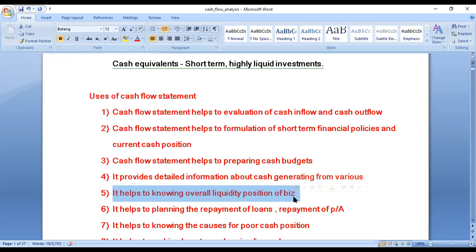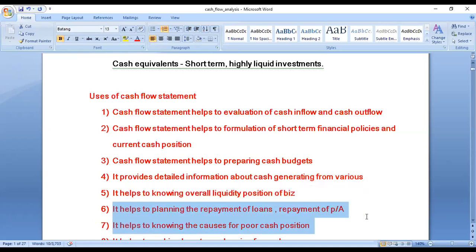So what is the liquidity position of the organization? It means how many resources are available in the organization that can easily be converted into cash. Then, with the help of the cash flow statement, it helps in planning the repayment of loans or repayment of fixed assets. On the basis of the availability of cash balance only, we